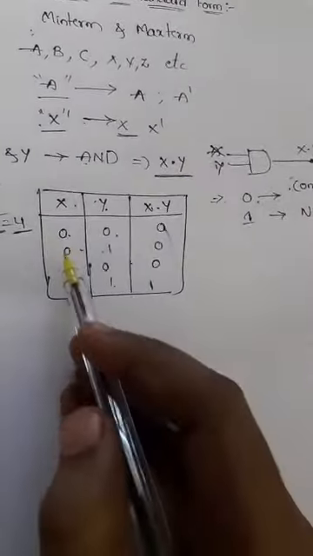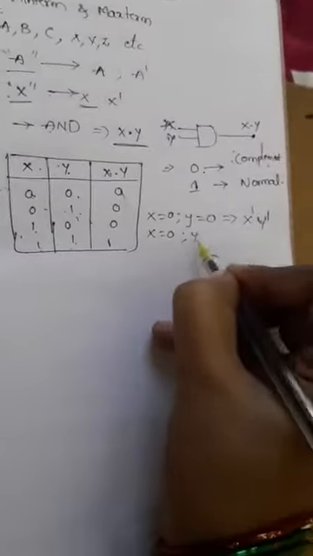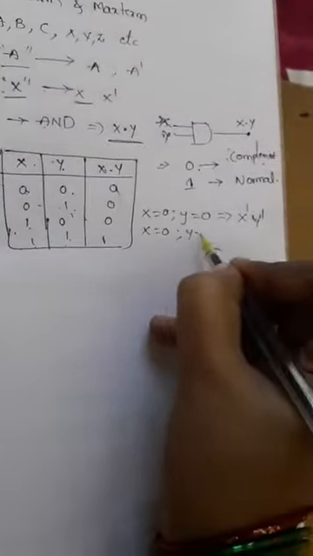So the result for this can be represented as x into y, x complement and y complement. We can represent it like this. Depending upon the binary information, we can represent these binary variables in either normal form or complement form. The second case is x equals 0, y equals 1. Which possibility do we get here? X is in complement form and y is in normal form, so x complement and y. Like that, we write the 4 combinations.